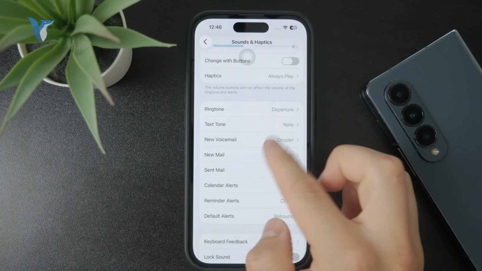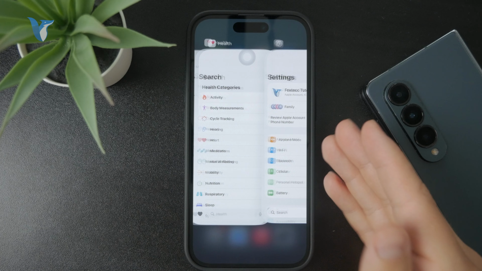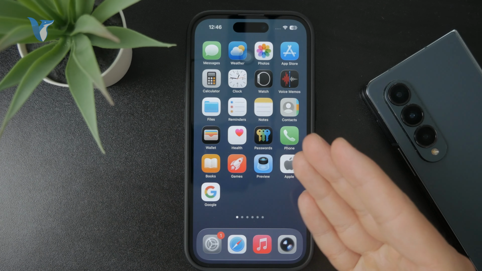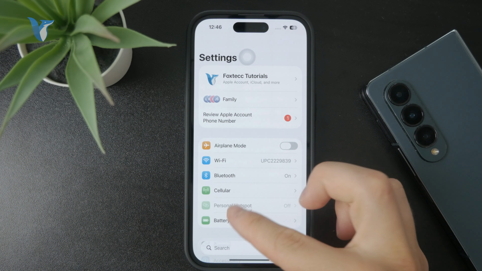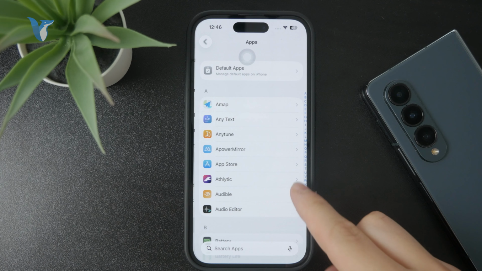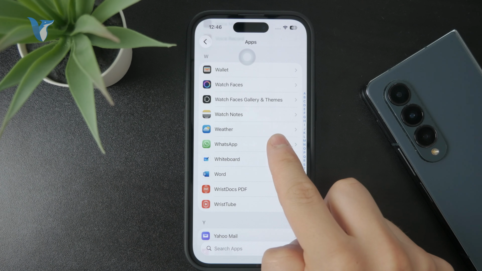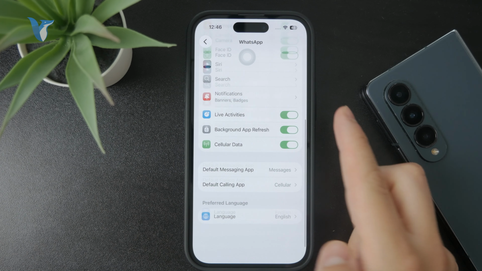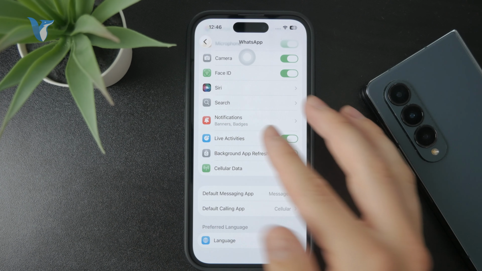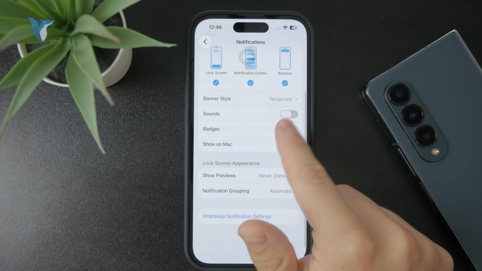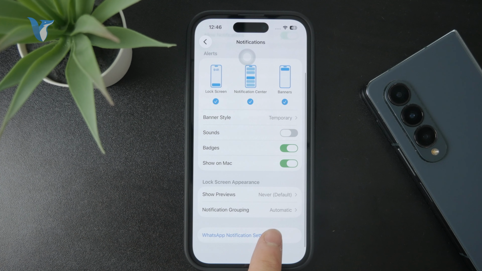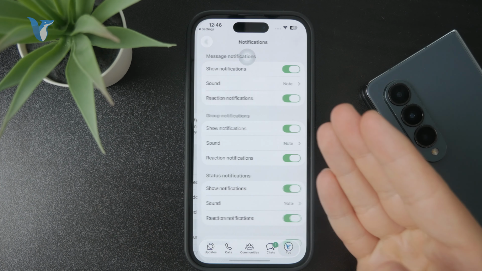Outside of that, there are also other third-party apps which have their own settings. For example, on the main page, if you go to the apps at the bottom, and then find WhatsApp from the list right here, you can see some options and notifications and stuff. And if you just link yourself over into the WhatsApp app, you should also be able to see some additional